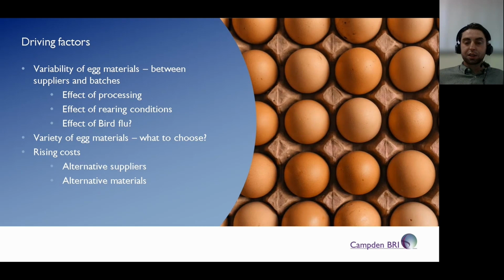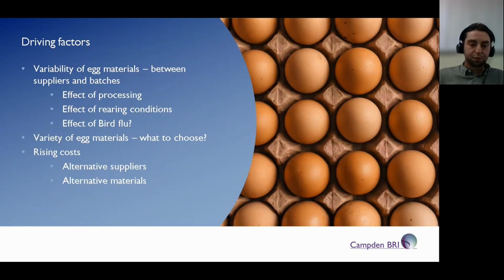Sometimes egg can be identified as the ingredient. Sometimes you may not know what is causing these inconsistencies, but it is still important to understand how your ingredients vary in the properties that are most important,